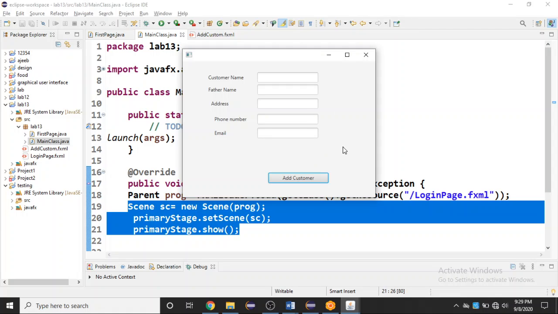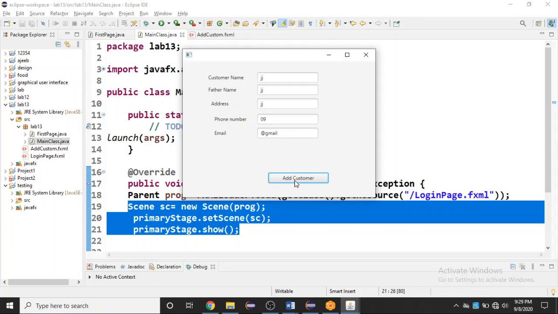Now we can type anything here, but by clicking on the add customer button, we haven't defined any functionality for this button.